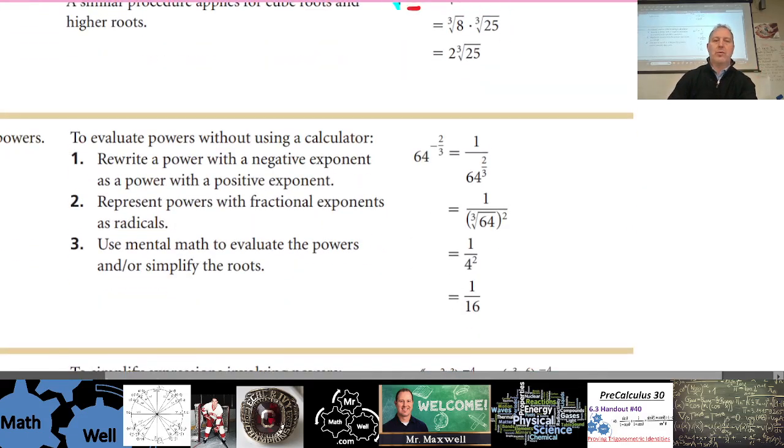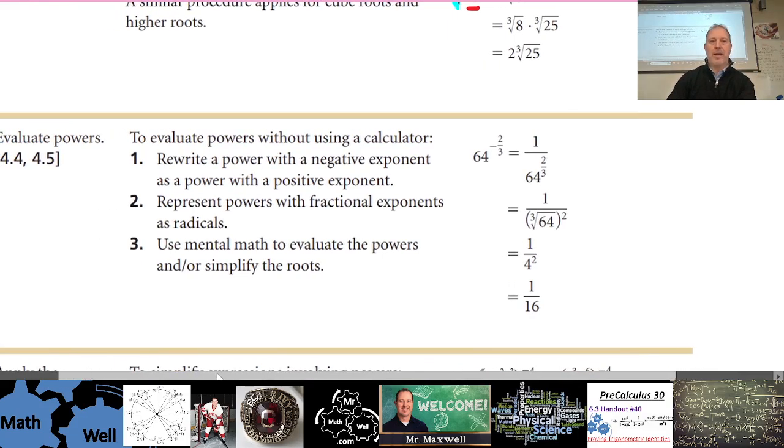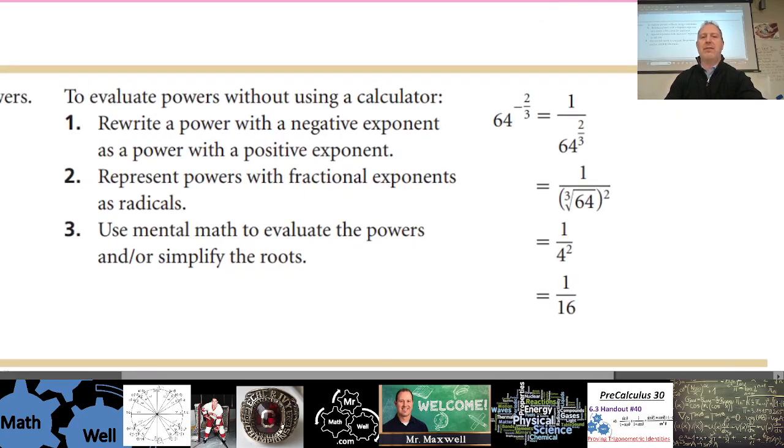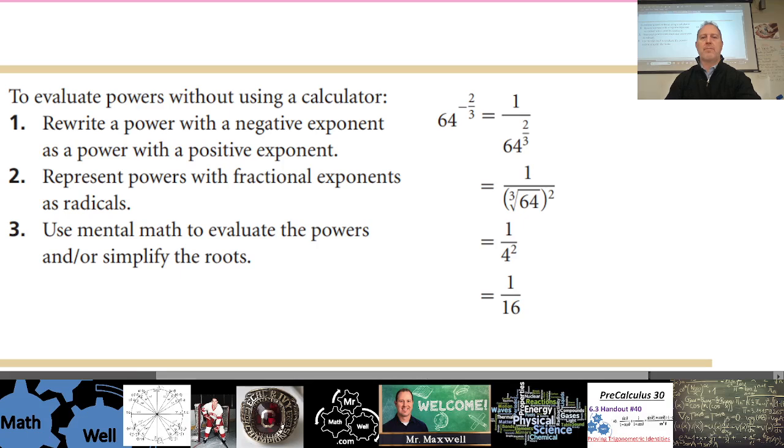Okay, so let's see, section 4.4 and 5. Evaluating powers. So we talked about fractional exponents, so where exponents are fractions. We talked about negative exponents in these sections as well. So if you had something like this, if you had 64 to the power of negative 2/3, couple things going